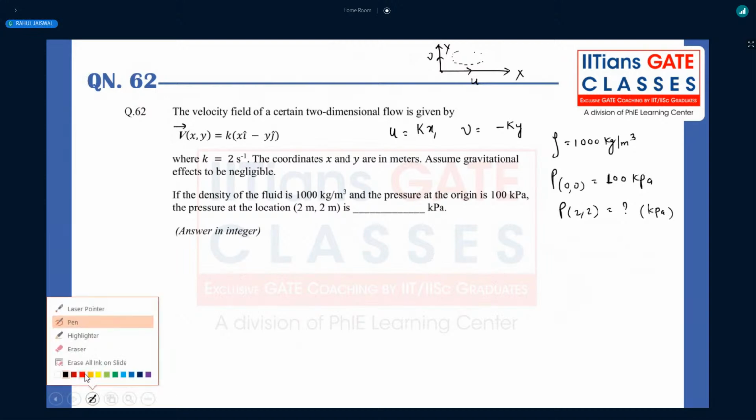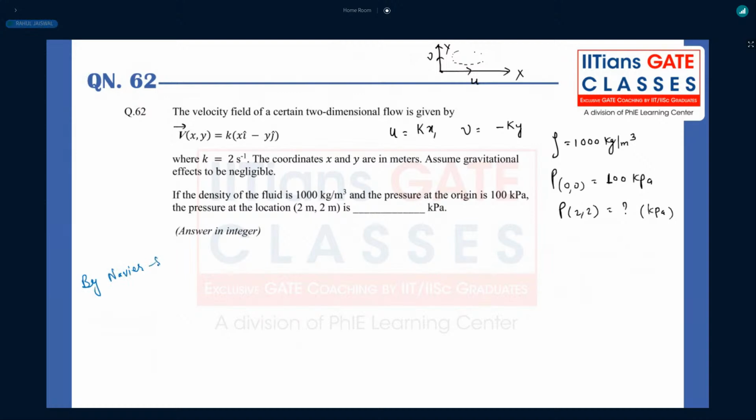Whenever we want to connect any pressure field with the velocity field, the only equation which is basically used, for most cases, in all scenarios, whether inside the boundary layer or outside the boundary layer, is the Navier-Stokes equation, right? So by the Navier-Stokes equation, suppose we are applying it in the x direction and y direction, and gravity, which is a body force, we will not be considering, right? So we can write rho into,